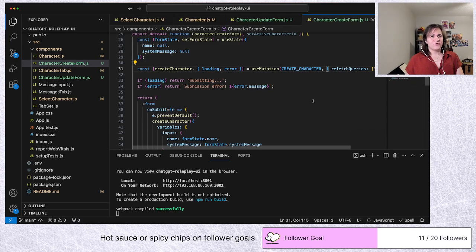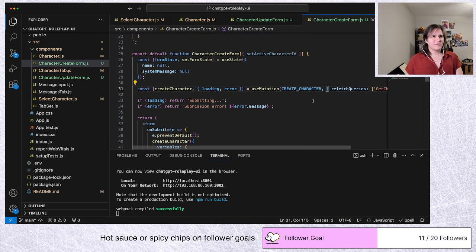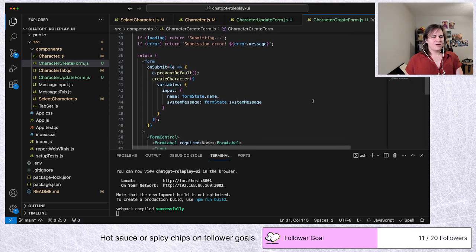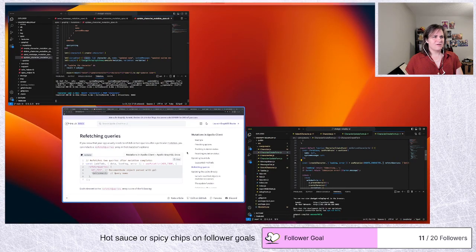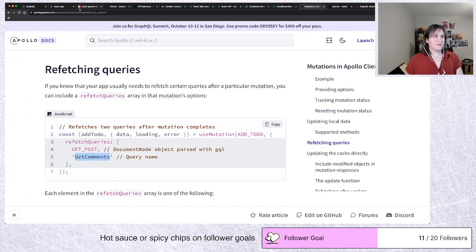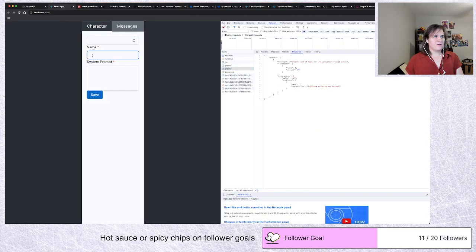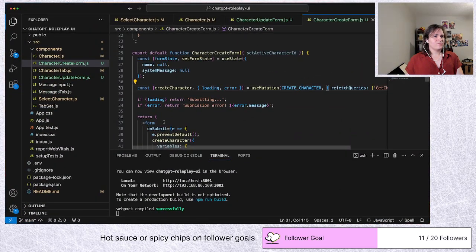Okay, let's try this and see what happens. I don't like that we're not using set active character ID. Save. So we get that, and we're refetching that. Okay. Alright,